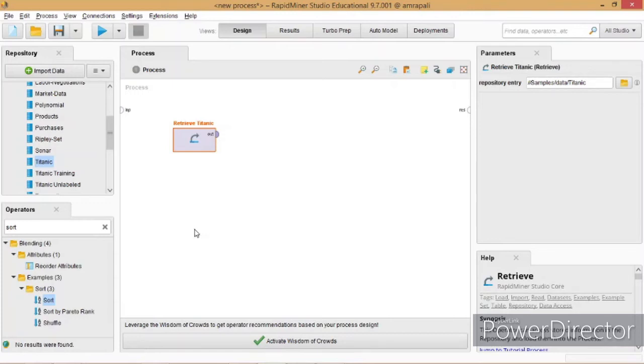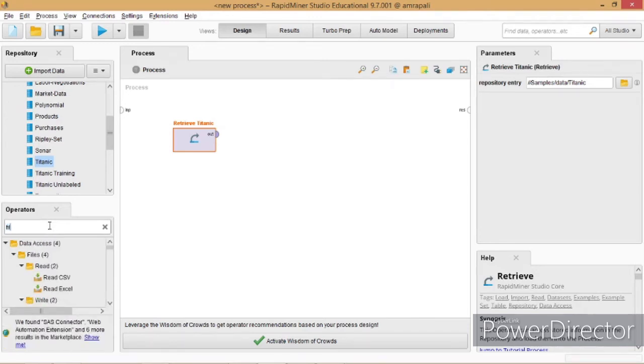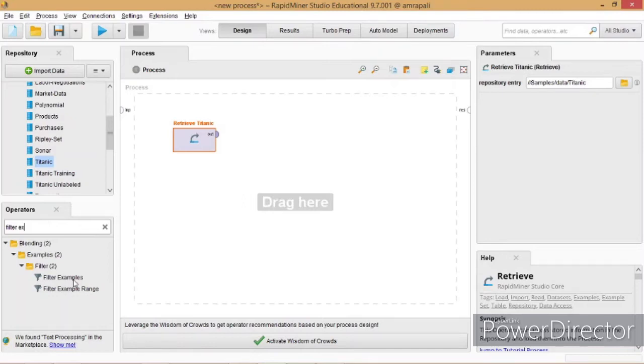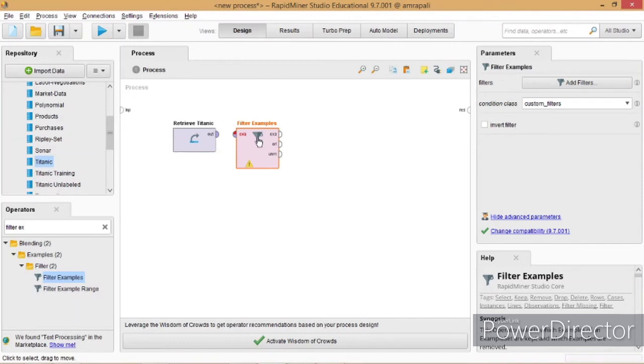For that we will go into the operator panel and search for Filter Examples. You can just type Filter Examples in the search box at the top of the operator panel, and then we will get the Filter Examples operator. Just drag Filter Examples into the process panel.